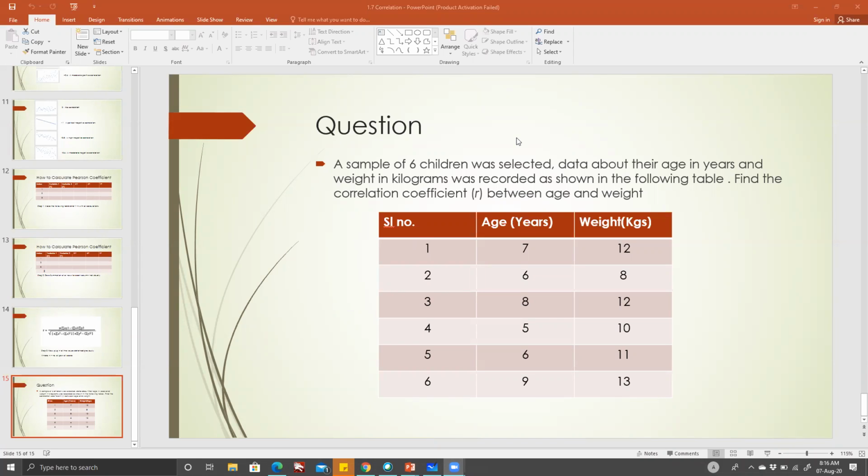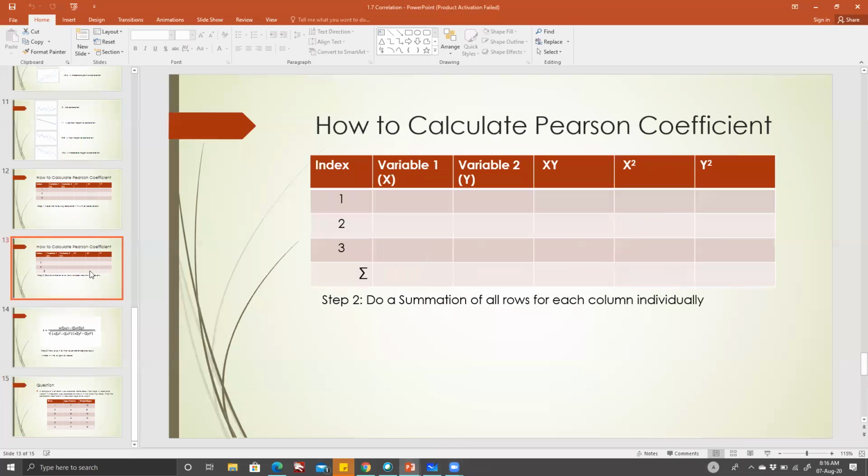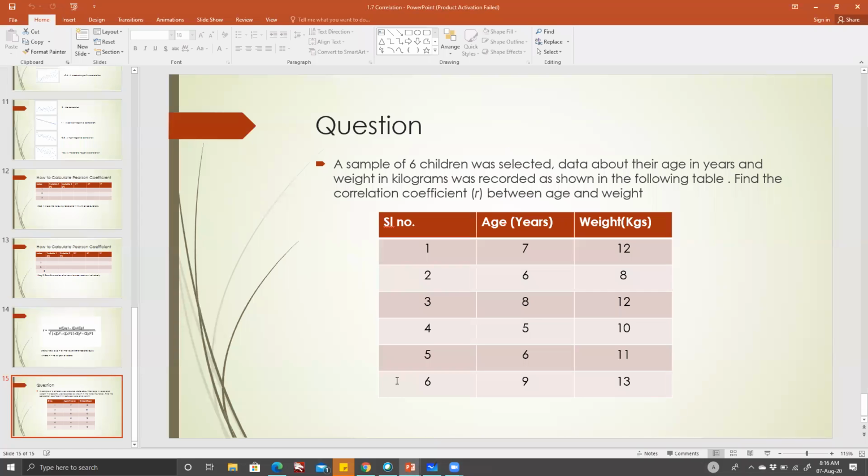Sir, I'm getting 0.95. Check your maths. I think it is not exactly correct. You're close, but this is not it. Just check once. Oh, it should be 6. I'm sorry. I took sigma as 7. It should be 6. That's correct. Yeah, and it's 6 here, guys. Be careful because there are a total of 6 rows of information only.